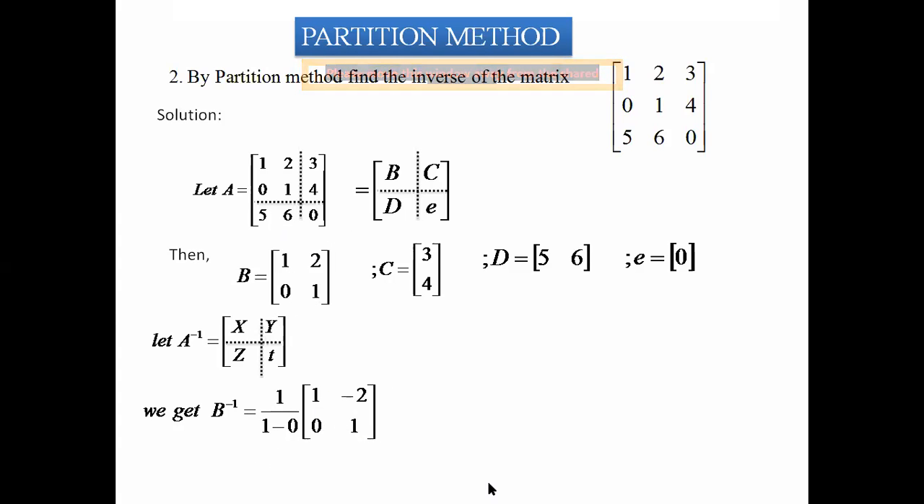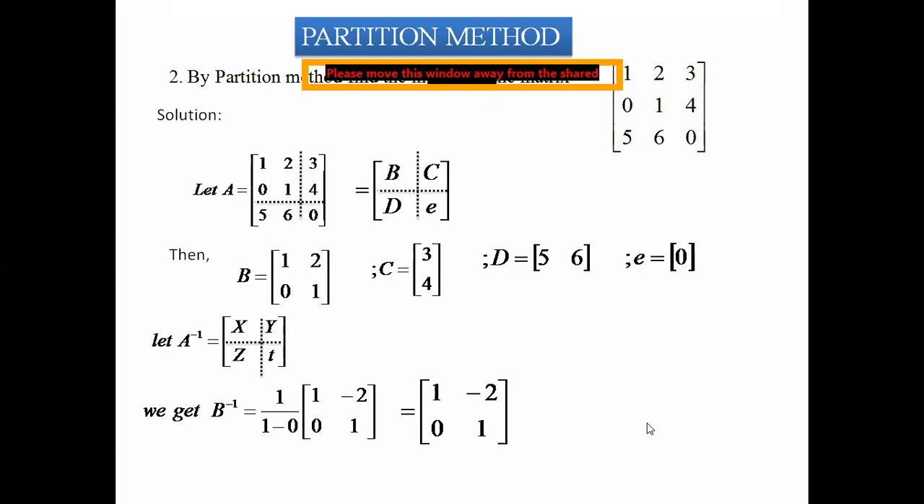Once the inverse is obtained, then we can get all these values. First, you find T. In this order you go. After T, find Y. After Y, find Z. Then you get X. Or first you find T, then you find Z, and at the end you have to get X. So let us see how to get the value of